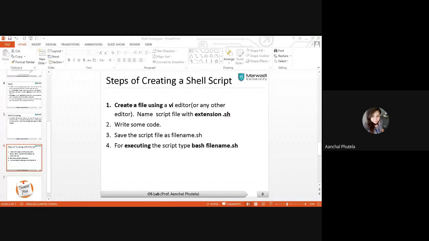I'm sharing some links with you first of all so that you can use online terminals. Here are the links in the comment section. You can use any of the terminals available online for creating your files.